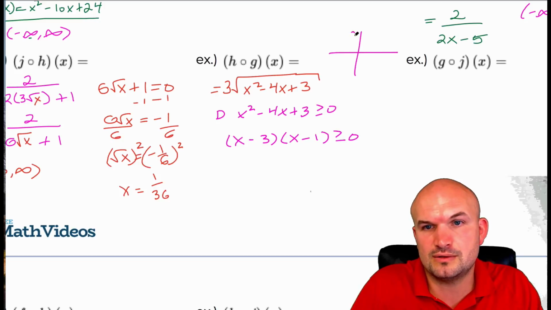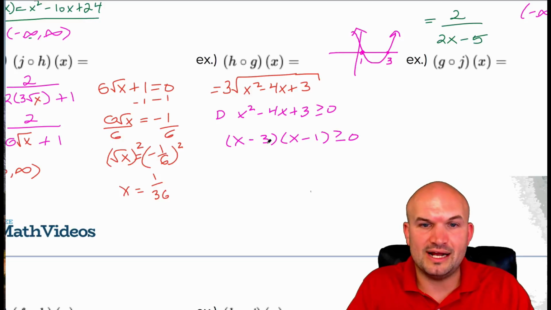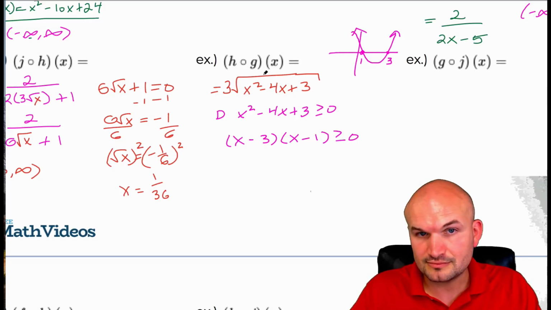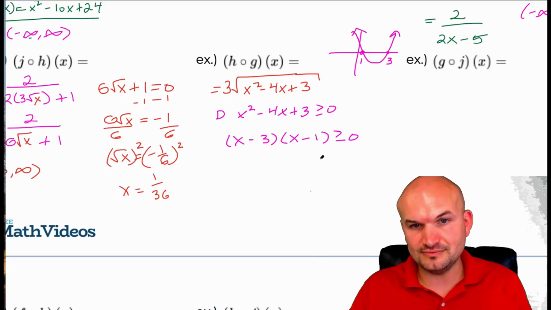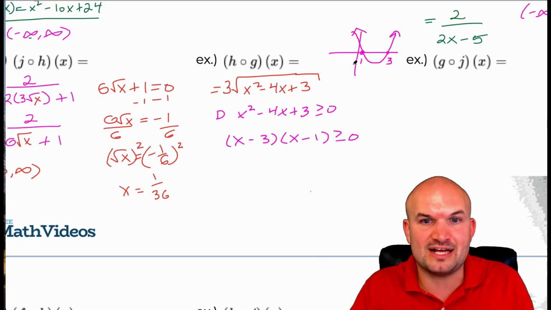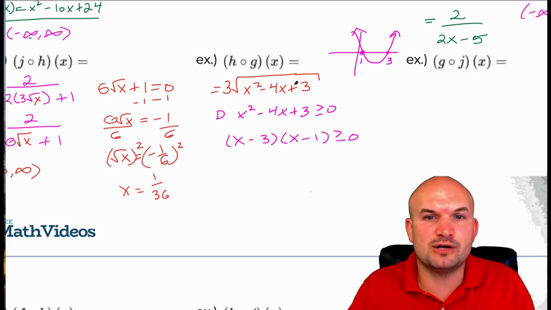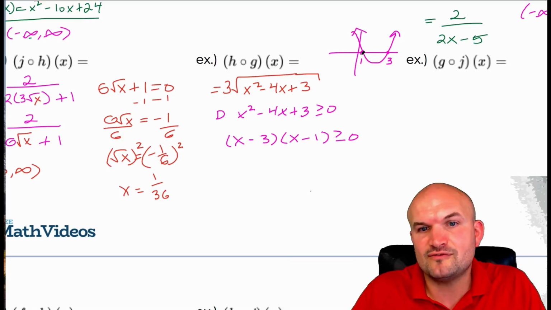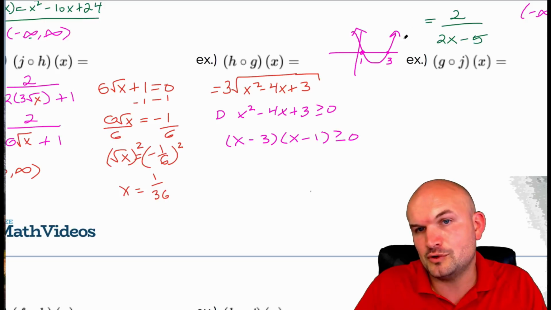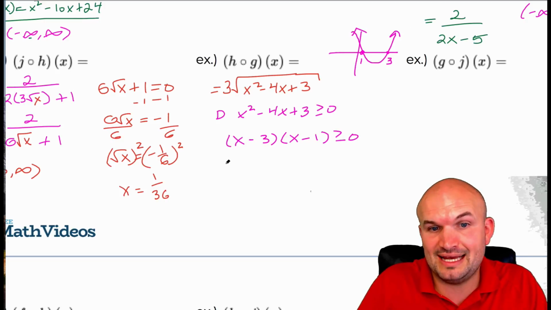Let's see, that's at 1 and at 3, right? So the graph is going to cross at 1 and 3. And I know the parabola opens up. So now for what x values is my expression under the radical going to be greater than 0, right? And what you can see is for all x values less than 1 and for all x values greater than 3, I am going to produce that result. So my domain is going to be for,